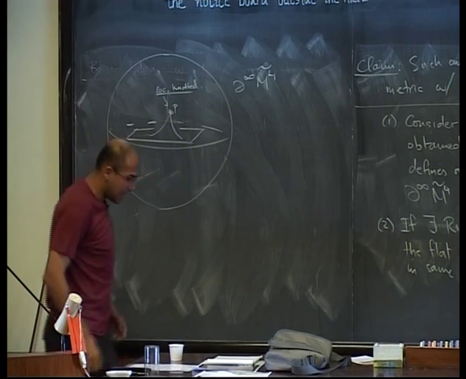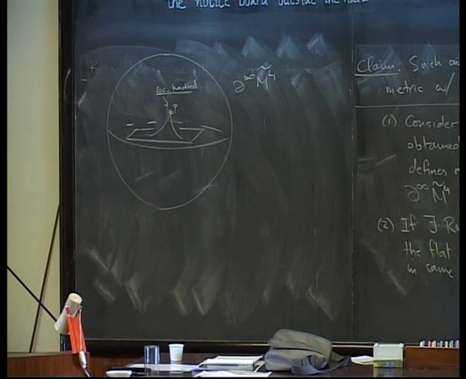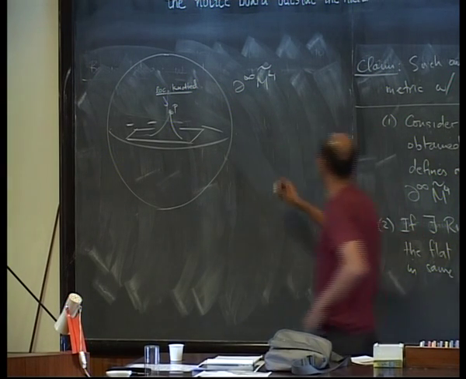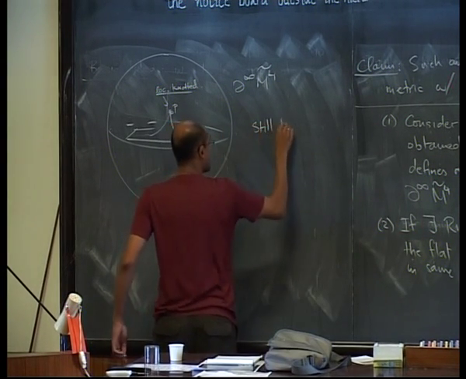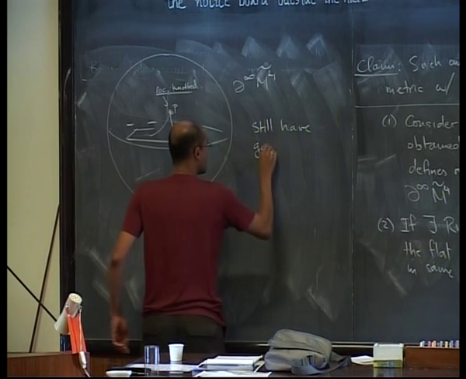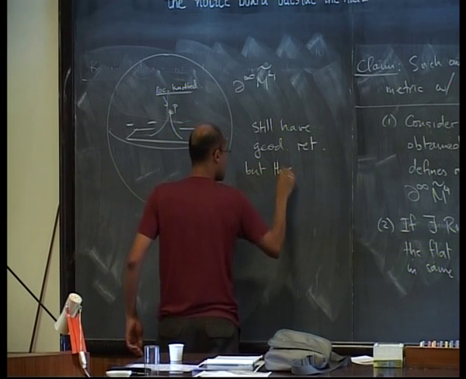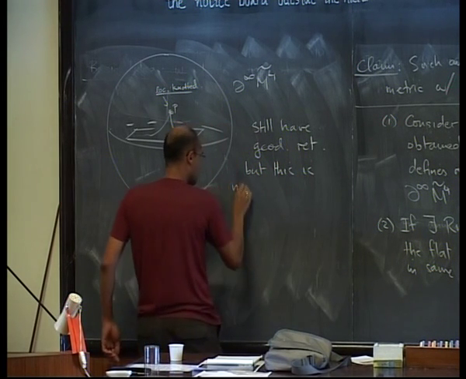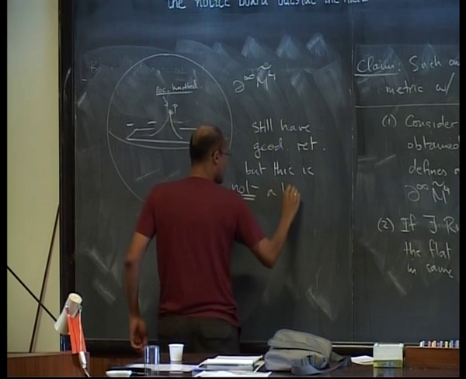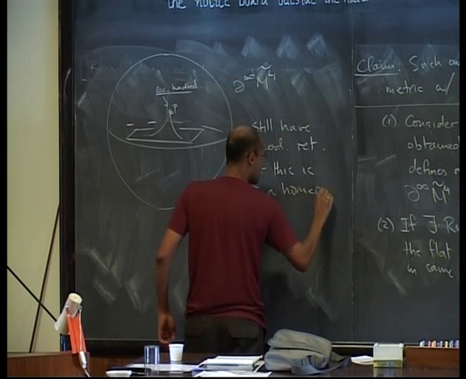And again, you've got a geodesic retraction map from the boundary at infinity to the local picture. But now you've got a singular metric, so geodesics can branch, so that map is not a homeomorphism. So in this situation, we still have geodesic retraction, but this is not a homeomorphism.